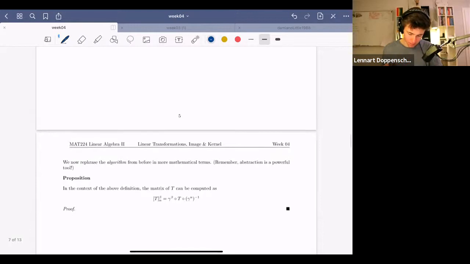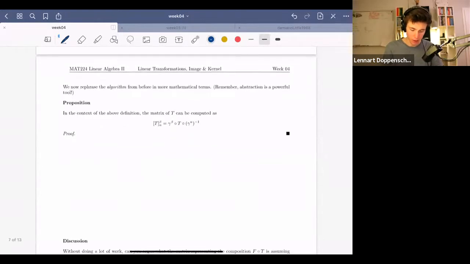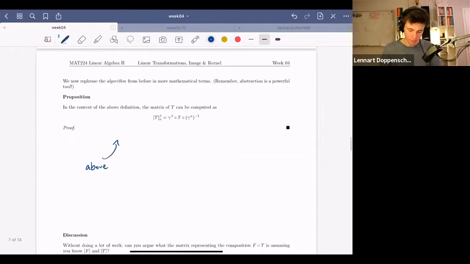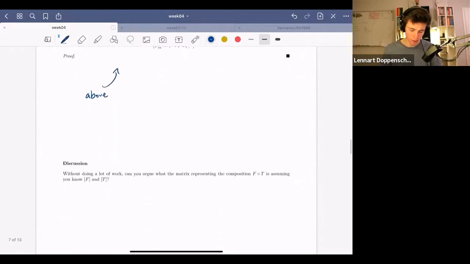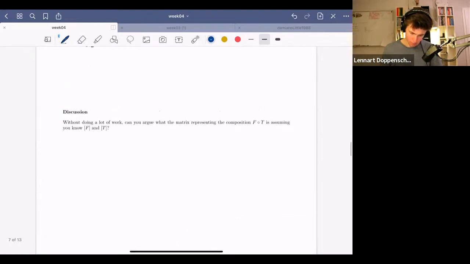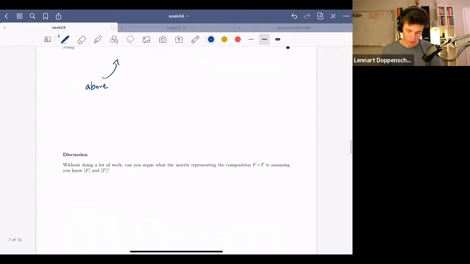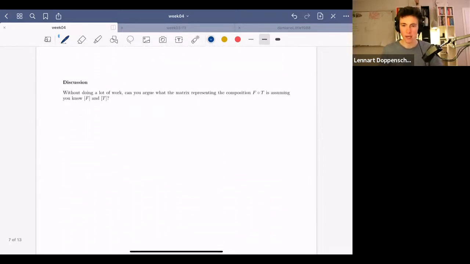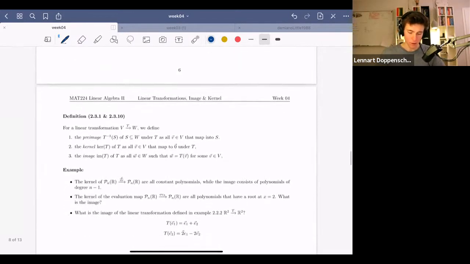Okay, we've basically done the proof of the proposition. So this is just what we've done above. This is enough to prove this. For some reason I've been really heavy on abstract notation in this lecture. Let's skip this discussion for now. Maybe we'll do it later. But it's an interesting discussion. You can look at it when I upload the notes later. And we'll probably have to use it at some later point.